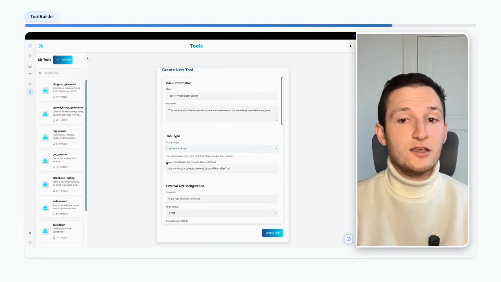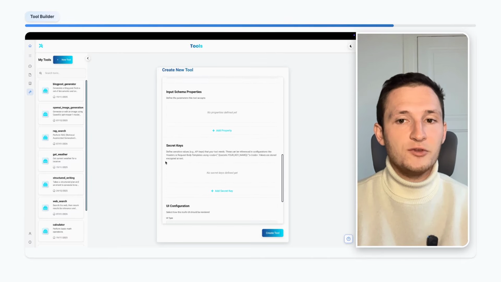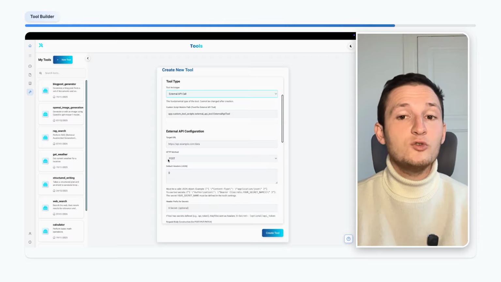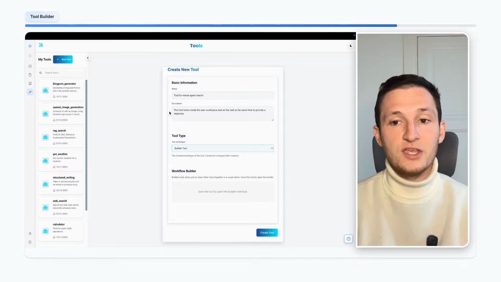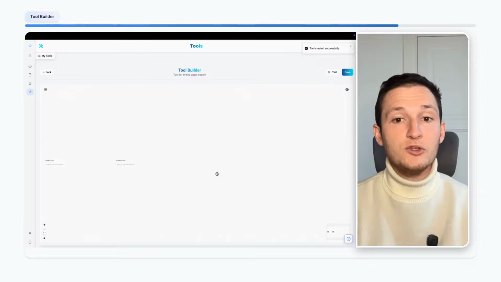So it could be an external API. If I'm a technical user and I've already developed the feature, I can add it into the UBIK platform. But it could also be a tool that I want to build inside the interface with a low-code, no-code interface. So I select Builder tool and I click on Create. Now I'm on the Builder